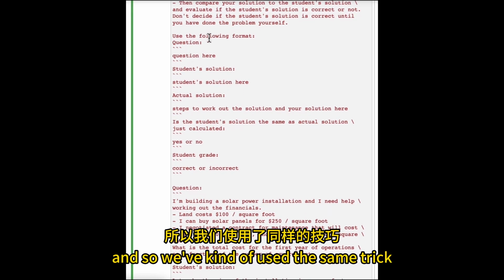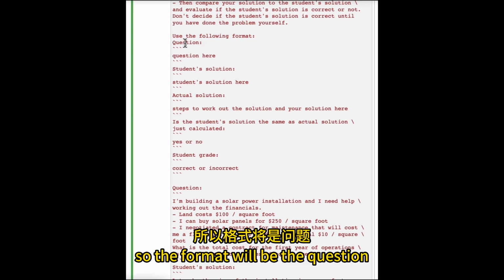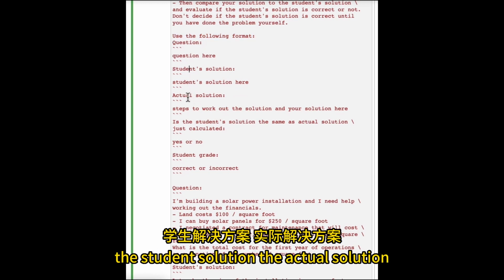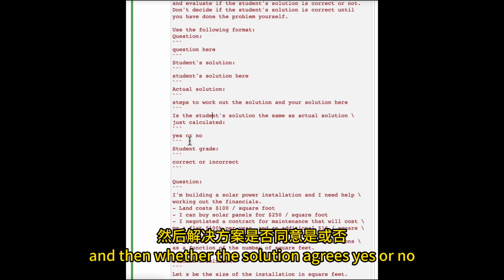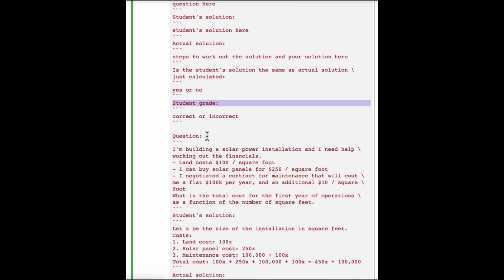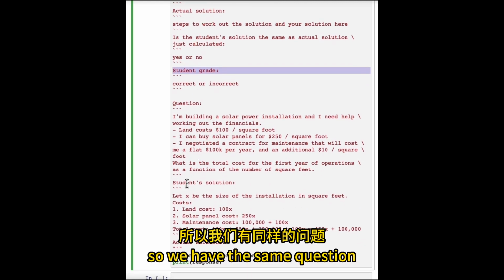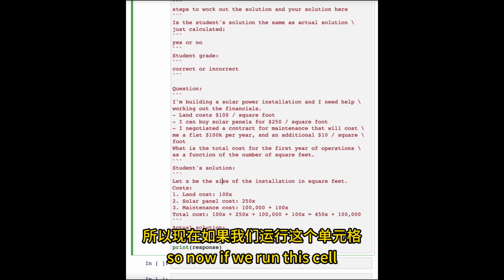And so we've used the same trick to use the following format. The format will be the question, the student's solution, the actual solution, and then whether the solution agrees, yes or no, and then the student grade, correct or incorrect. We have the same question and the same solution as above. So now if we run this cell,